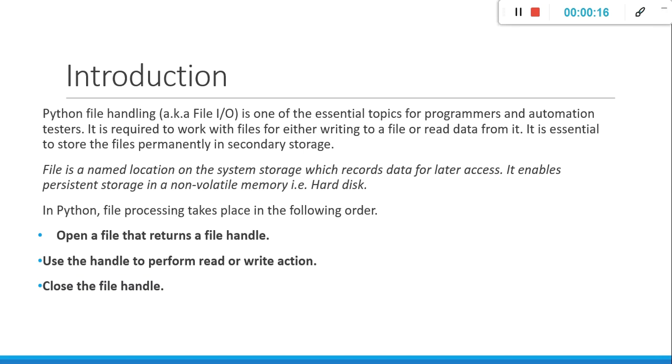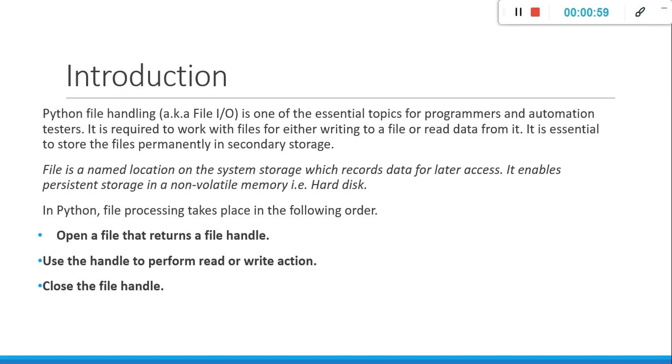So we all know that when we are dealing with a programming language, we have a set of variables, lists, and dictionaries where we store some data. Can we store this data permanently in memory? No. Whenever we complete the execution of a program, the complete data, whatever you would have stored in a variable, list or dictionary, everything will get erased. So if I want to store the data permanently in a secondary storage device, something to be stored for a lifetime, then I have to go for the concept of files.